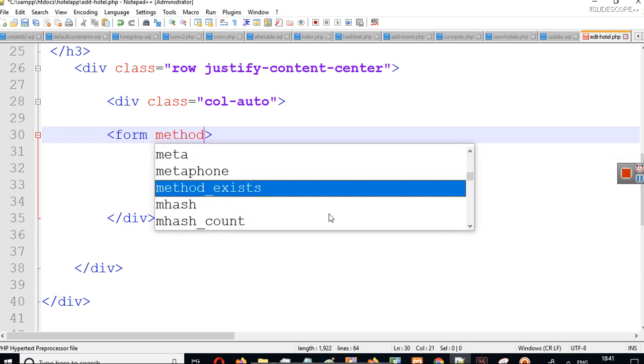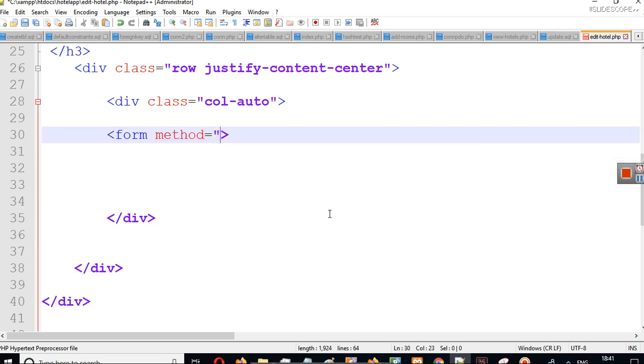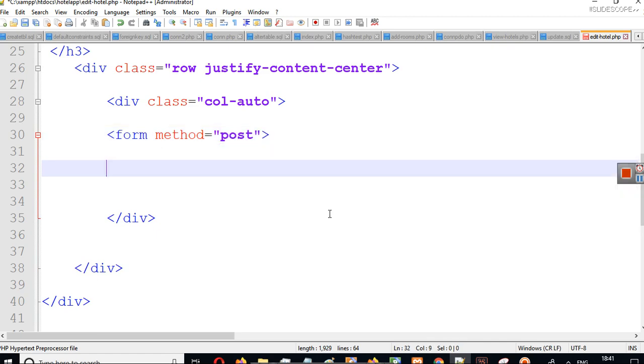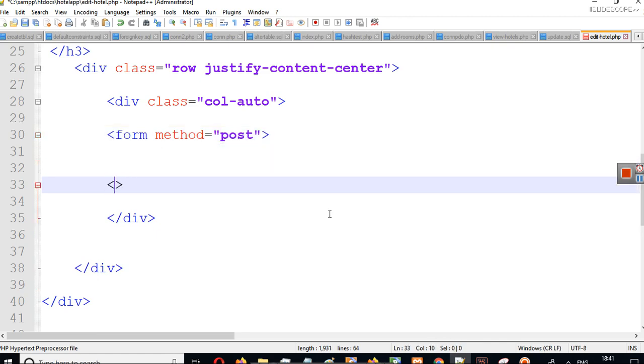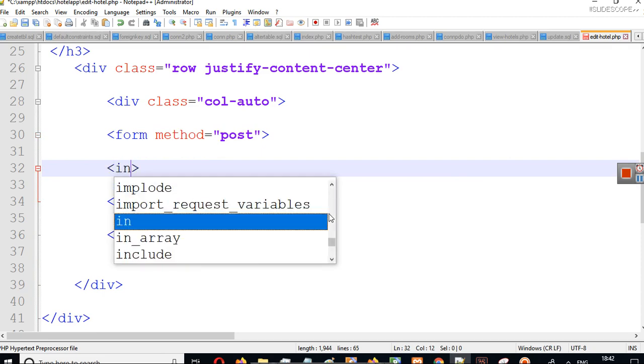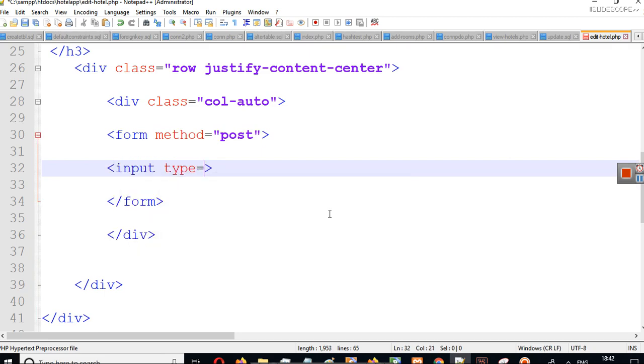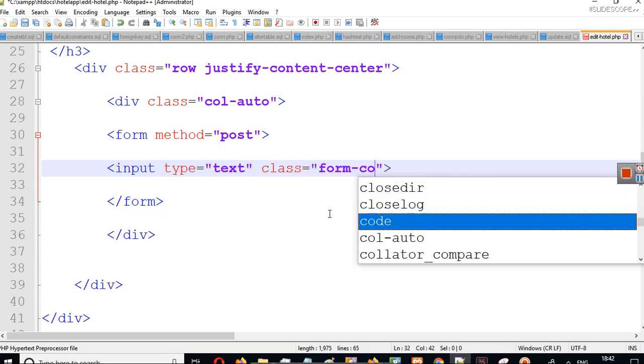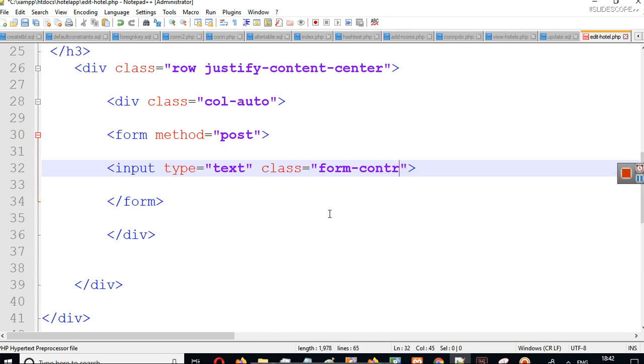So first create form method is equal to post. Then you can end your form here. In your form, you will create input type is equal to text, class is equal to form control. I am not designing the form here, we already know how we can design it, but I am giving some classes so that it looks a bit neat.